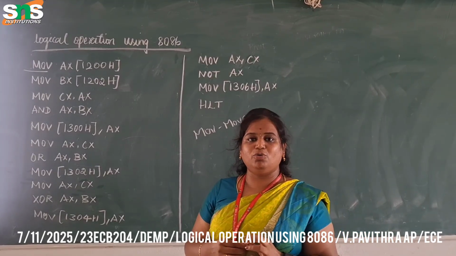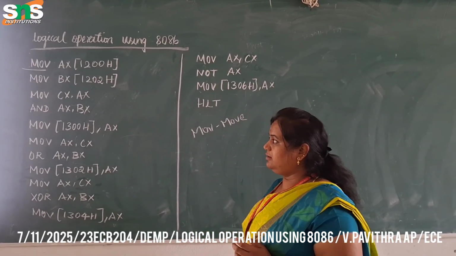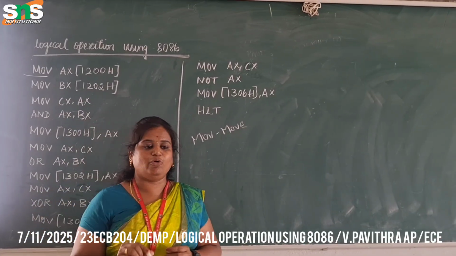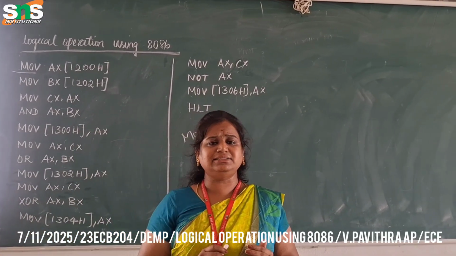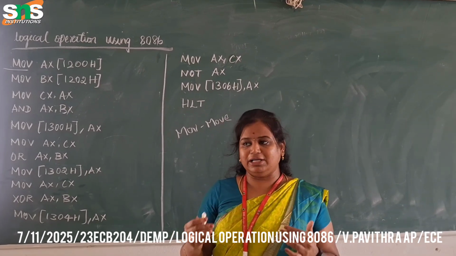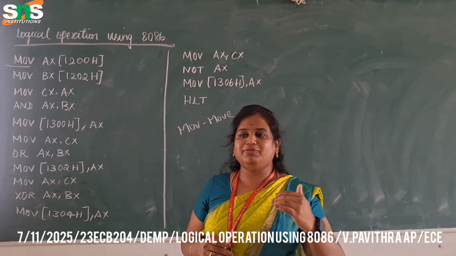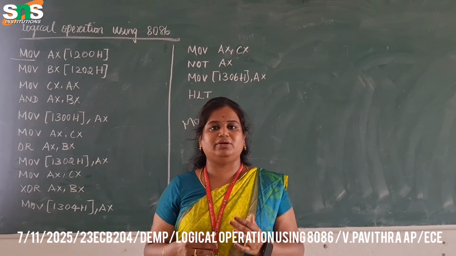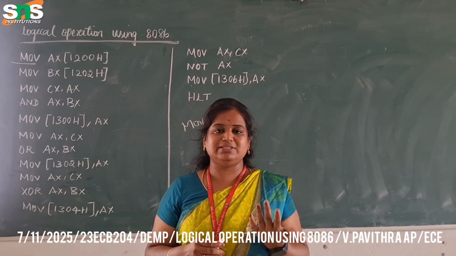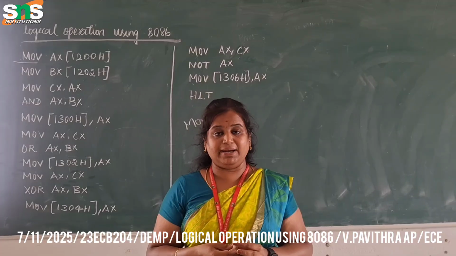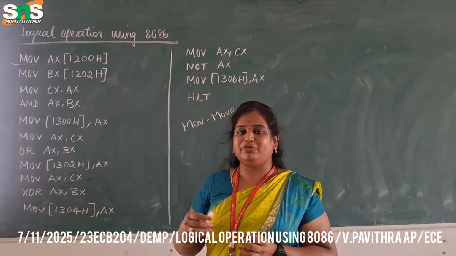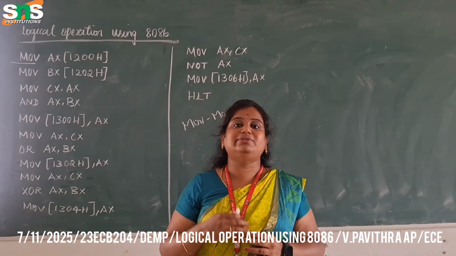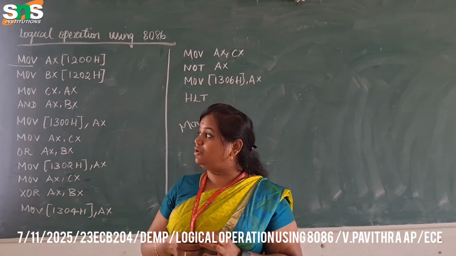First of all, we want to know what I have written here. First of all, this is MOV. MOV is nothing but an instruction. So what is an instruction? Before that, we want to know command. Command is nothing but commanding someone, right? We are giving some command to please come here, like that. That is a normal word. But the microprocessor does not know the language, so we are going to give the instruction to the microprocessor. That is called instruction.